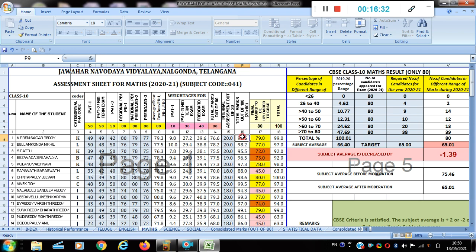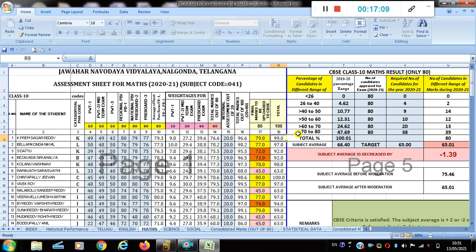Then this is the total marks out of 100 which we are going to get from CBSE. This is not final, this is only a sample. These marks are only guess marks, assessed marks. And here is the column named Q, final marks to be uploaded to CBSE out of 80. These marks are to be moderated by the subject teacher along with the subject committee members, the examination department or result committee members. Then this will be the total of final 80 plus 20.